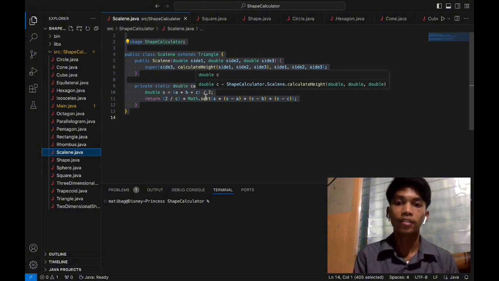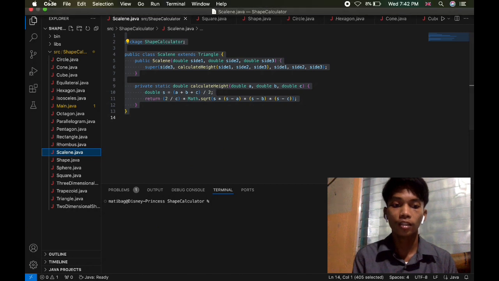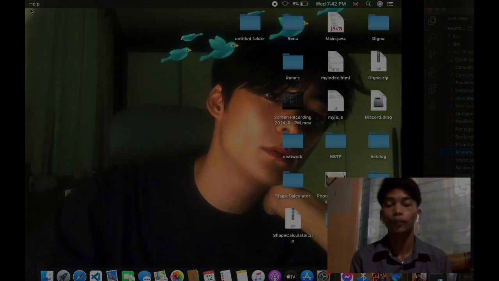It also uses, as I said earlier, Heron's formula to calculate the height of the triangle, which is necessary to calculate the area.